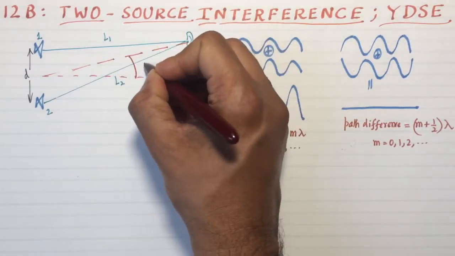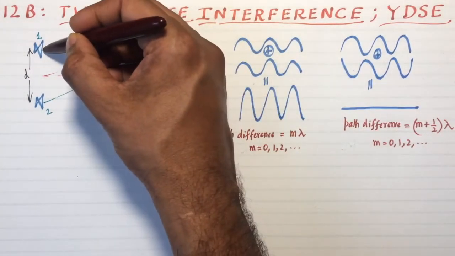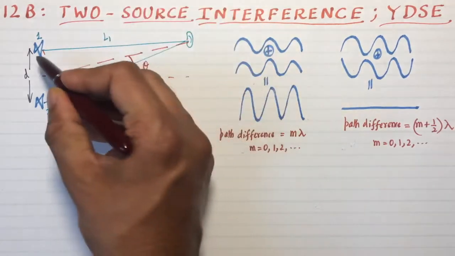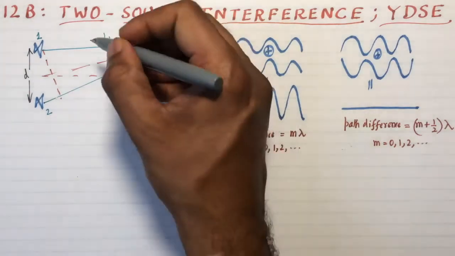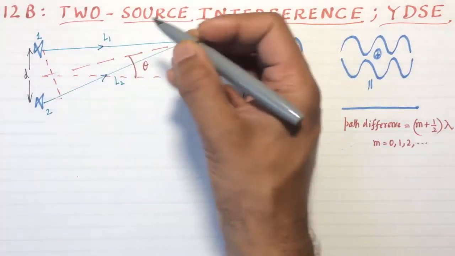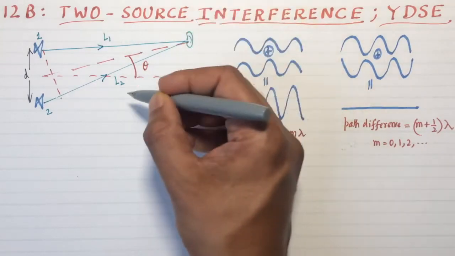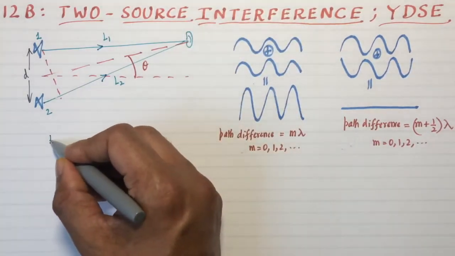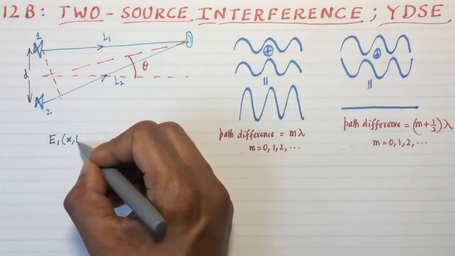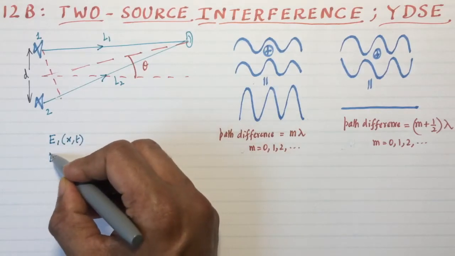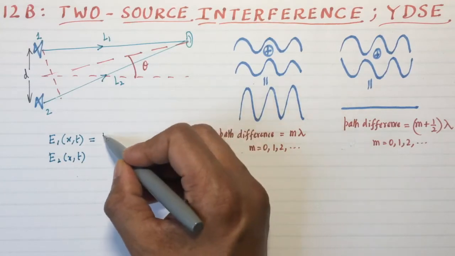I'll instead adapt this. We'll call this angle theta, and the path difference, the actual difference in the rays of light. These are rays of light that are the directions of the Poynting vectors, and the electric field corresponding to the first one would be E1, and the electric field corresponding to the second one would be E2. So E1 of x comma t, and E2 of x comma t would be the electric fields, and they would look something like E0